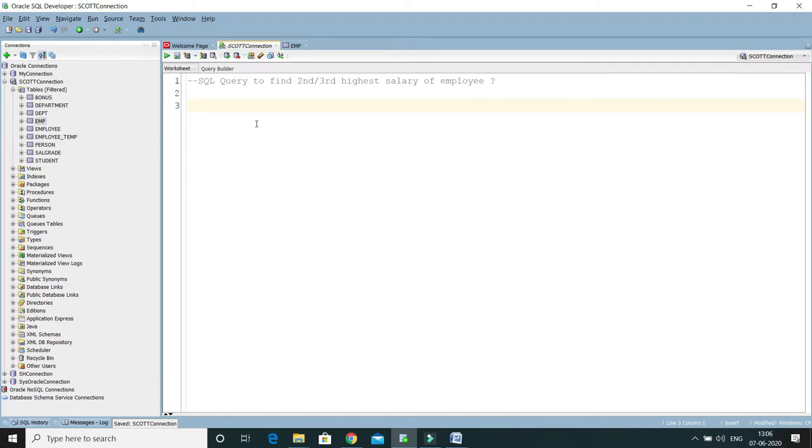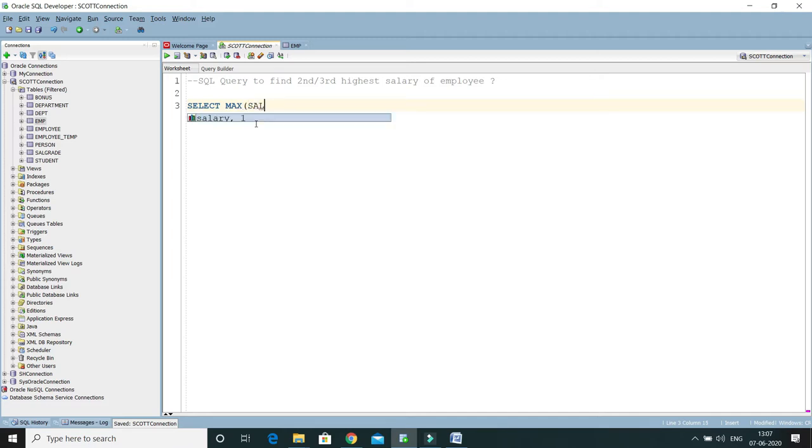So now I'm going to first of all write a SQL query which will fetch the second highest salary from the EMP table. So I will write select, and if you want to get the max salary from employee table, then we have a function called max. So that I'm going to use, but here I'm not going to get the max salary but the second max salary.